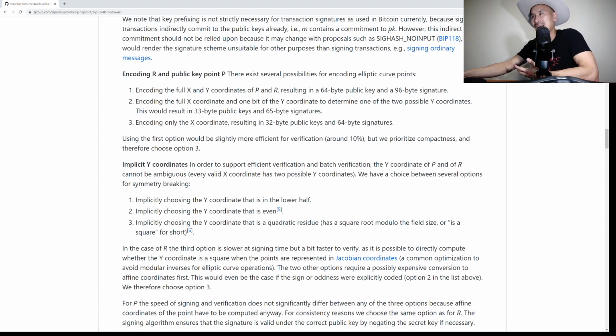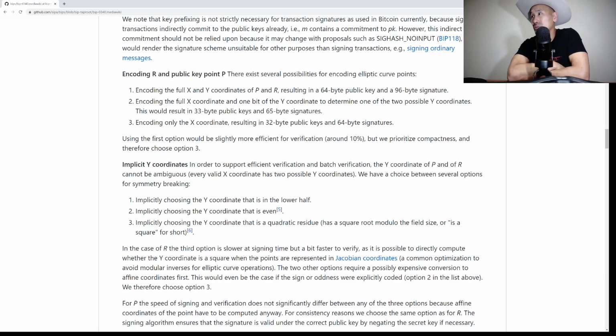Now, I have worked with Jacobian coordinates before. Instead of just x and y, there's a z that's computed along with x and y that makes a lot of the computation a lot simpler. And yeah, that's seriously getting into the weeds. But essentially, Jacobian coordinates let you save CPU time when doing computations for elliptic curve operations.